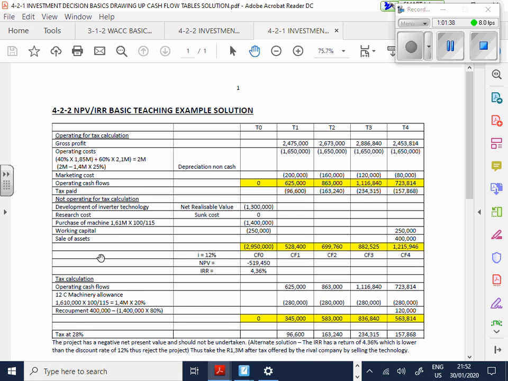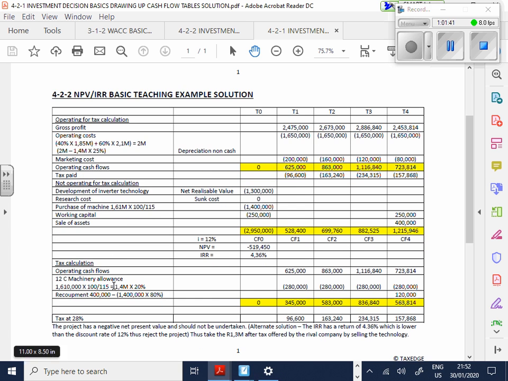What you're going to do is, with the operating cash flows, you're going to say it's 40% times 1.85 million plus 60% times 2.1 million gives me 2 million. Guys comfortable with that? And that's including depreciation. What am I then going to do? I've got to take out the non-cash flow item. So minus